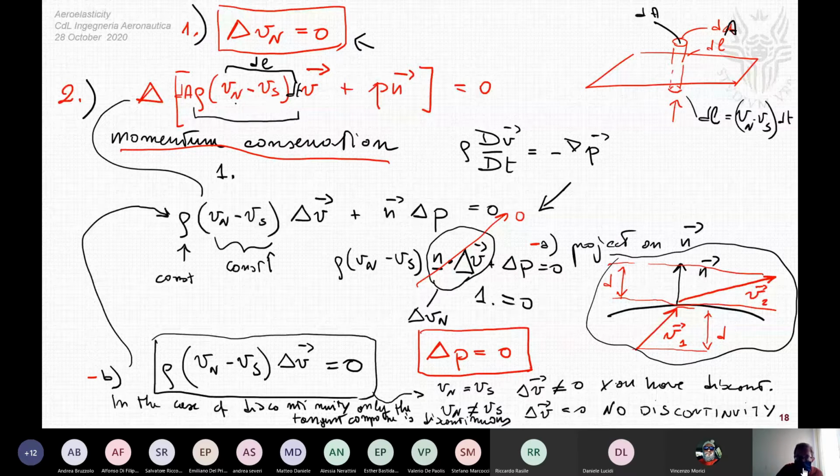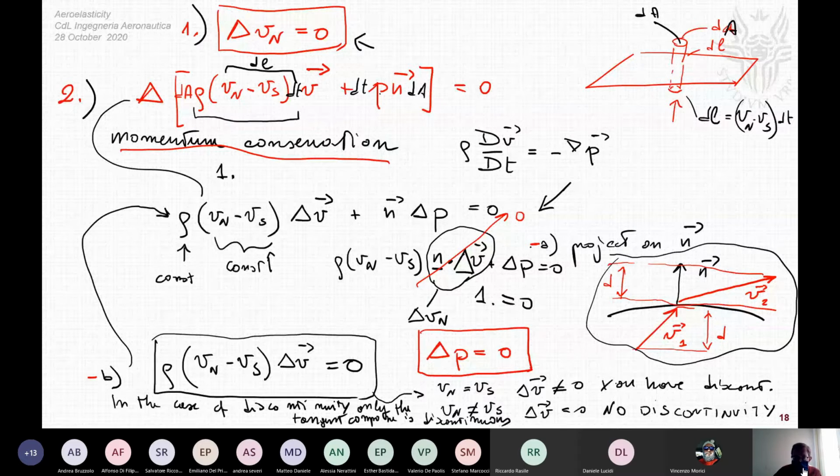So this is the momentum, and the momentum is balancing the impulse of force. The impulse of force is given by the pressure by the dA again. So pressure by the area is the force, and you have to balance the momentum with the impulse force. The impulse is this by dt. Of course, the quantities dl, dA or dt are unessential in this balance, and therefore applying the difference operator, we have obtained this consequence,